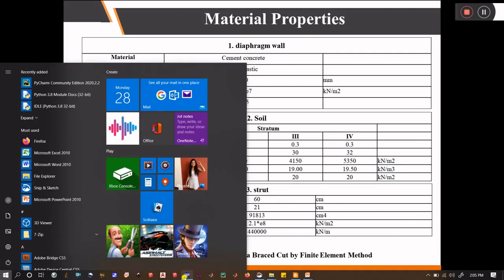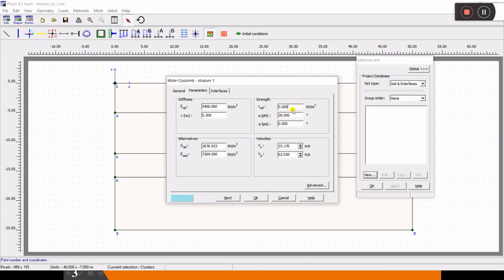If the value of cohesion is 0, what you have to do is write it as 0.01, because you cannot write 0 in Plaxis, otherwise it will give an error when you go for the analysis. So I think I've written all the parameters.